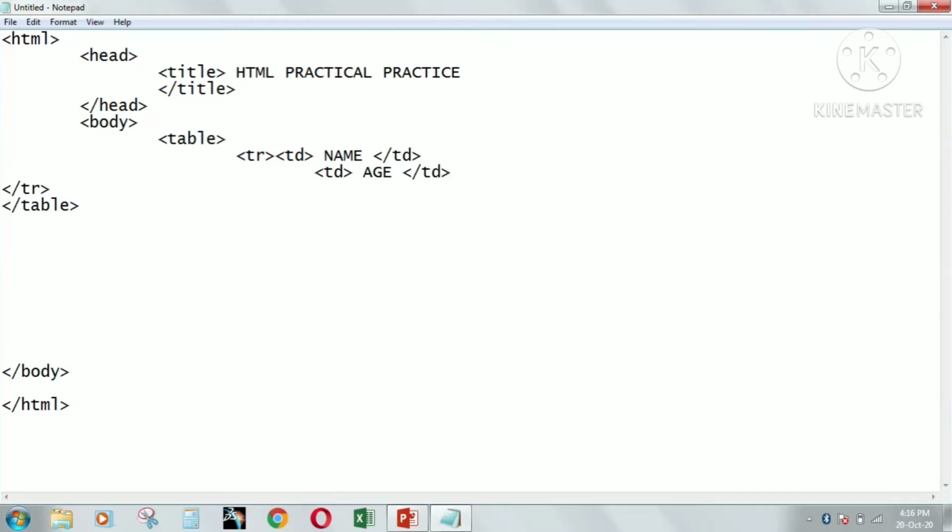Now we have done two entries, name and age. Now close the table row, TR. So it's like we have one row in which we have name and age. So the column names are name and age.